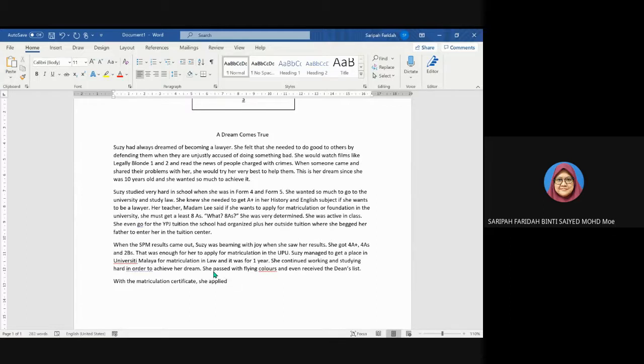Okay, the matriculations. When the SPM result came out, Susie was beaming with joy when she saw her result. She got 4 A's, 4 A+, 4 A's, and 2 B's. That was enough for her to apply for matriculation in the UPU. Susie managed to get a place in University Malaya for matriculation in law, and it was for 1 year. She continued working and studying hard in order to achieve her dream. She passed with flying colors and even received the Dean's List. With the matriculation certificate, she applied for